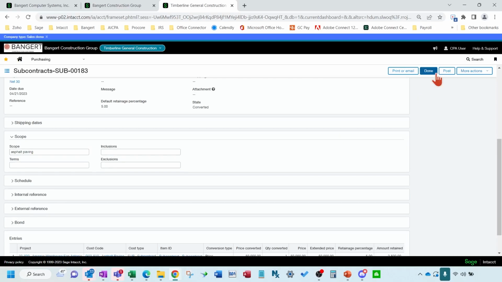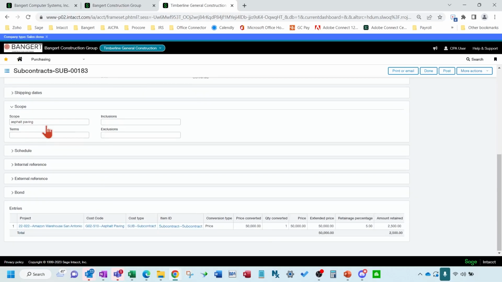Okay, so if there's a post button, use that if you want to save the change as opposed to done. Done's probably more like I just want to get back to the previous screen of my list of all my contracts.